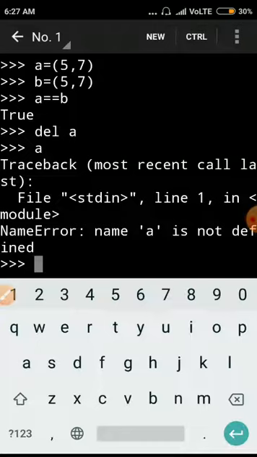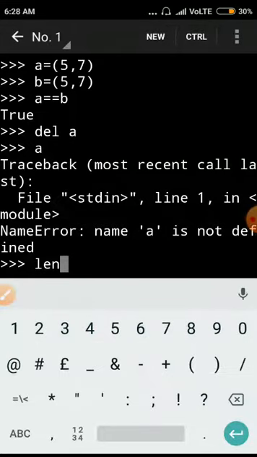Now the functions of the tuple. There are different functions we use with tuples. First I explain the len function. The len function returns the length of the tuple and counts the elements in the tuple. Here I have taken the tuple b. Tuple b has two elements, 5 and 7.